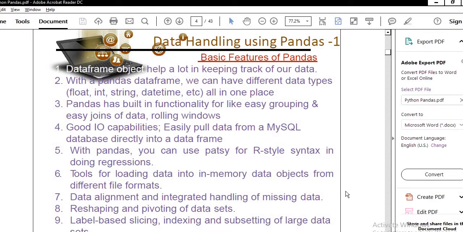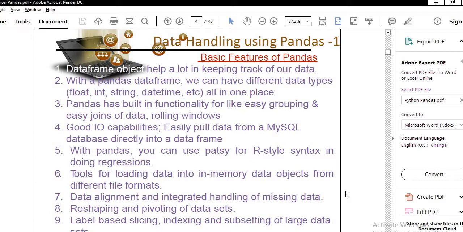We can easily pull data from a MySQL database directly into a data frame. This feature is also available. With pandas you can also do regression. There are tools for loading data into in-memory data objects from different file formats, so we can bring data from CSV files into a data frame.